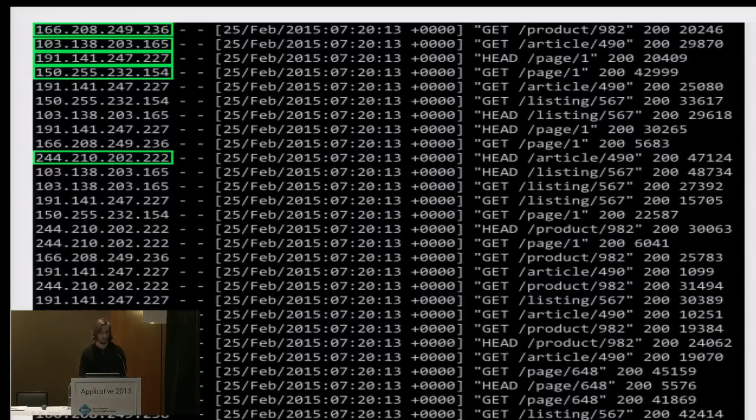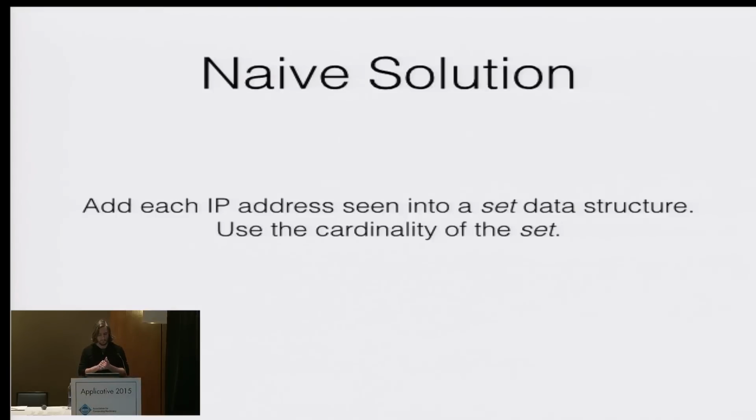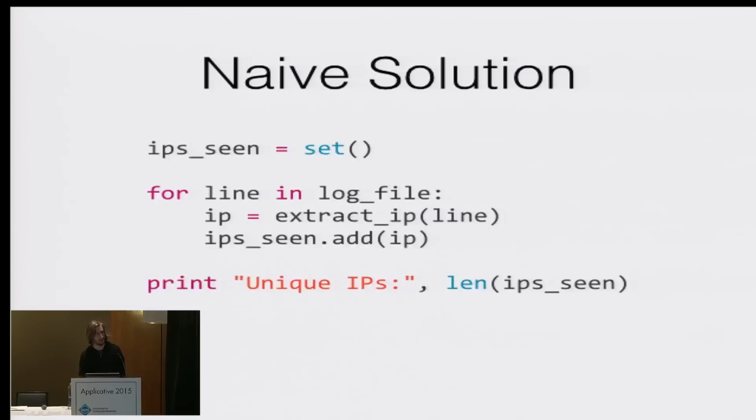Okay. So if we use this as an example, here's a log file which I generated. And if we wanted to count the number of unique IP addresses in a huge number of log files, right? In this particular instance, there's 5 unique ones. We just want to count them despite the fact that they occur multiple times, just to be clear about the problem. So the very first thing that would come to mind for me is probably just using a set data structure, right? So you just have a set, you keep track of all the items you've seen, easy enough. It's really, really straightforward to write in Python.